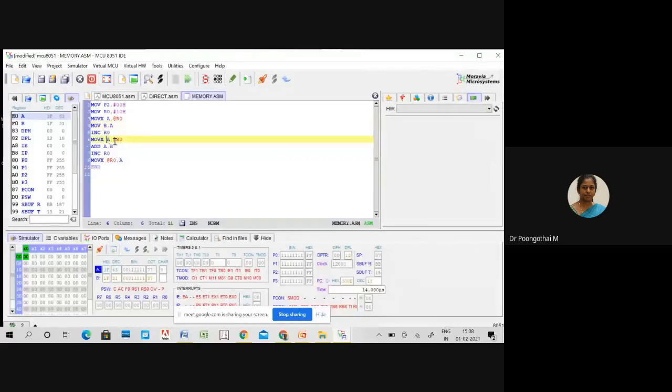And transfer that value into the accumulator. So your first data was in the B register and the second data was in the accumulator. Add these two register contents and the result will be held by the accumulator. Again incrementing this R0, now R0 is pointing to 0012. Transfer your accumulator content to 0012. So this is another way of using your memory pointer. Either you can use DPTR directly or you can use an 8-bit data pointer to access data elements from the external memory window.